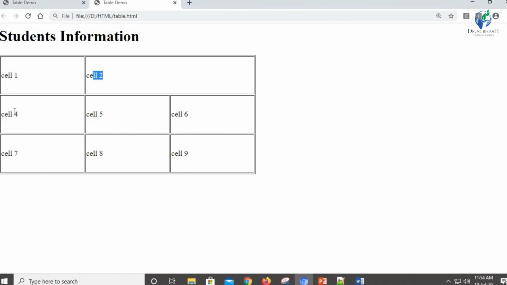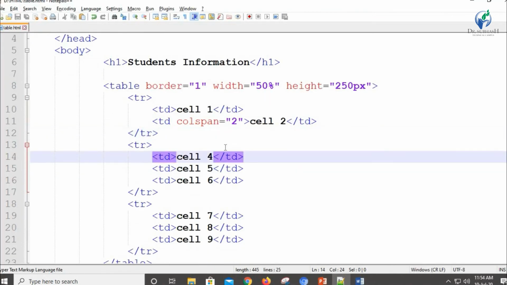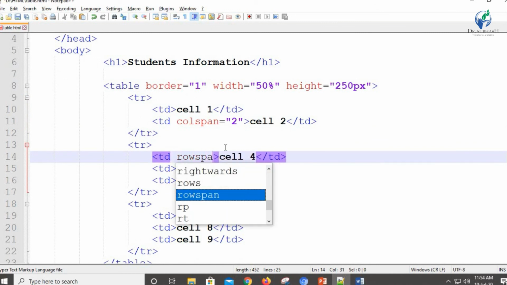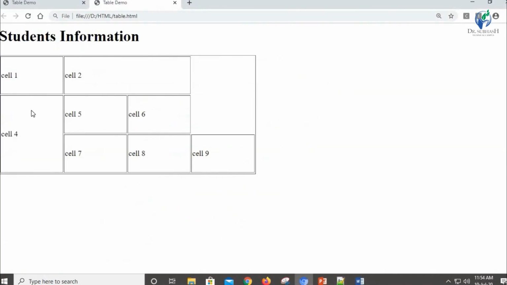Now similarly we are going to merge the rows for cell 4 and cell 7. So we are going to write in cell 4 rowspan equal to 2. Now we can see that yes, it is merged, but I need to remove this cell 9.